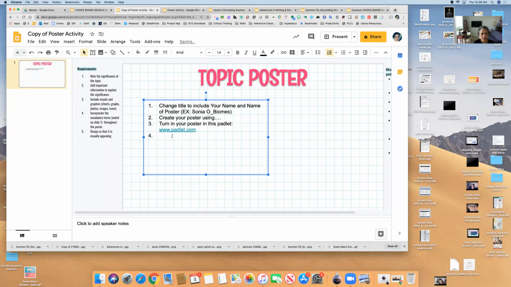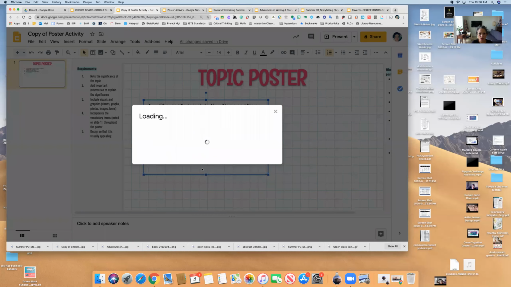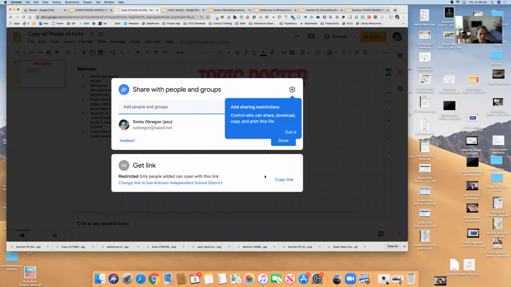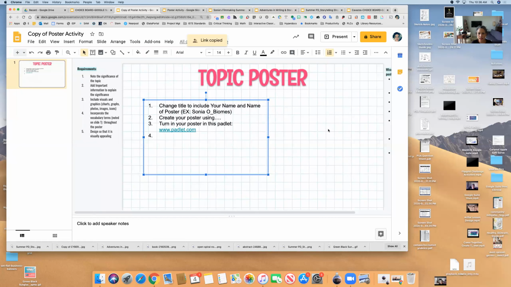And you may need to, it just depends on where your students are, but I probably would just include it anyway. I would create a small little Screencastify, and you can use it on all of them, just make the Screencastify once. It's the same skill for them to learn how to go grab the shareable link. So you make a quick Screencastify: this is how you get your link. You copy the link, and then you go to the Padlet and turn the link into the Padlet.